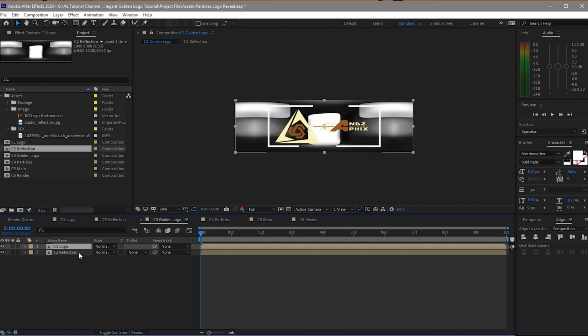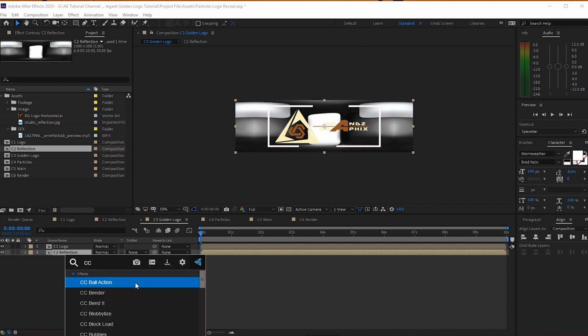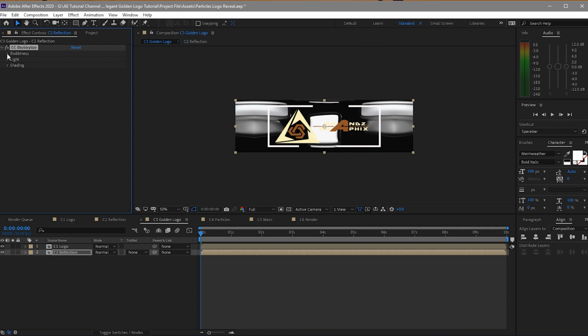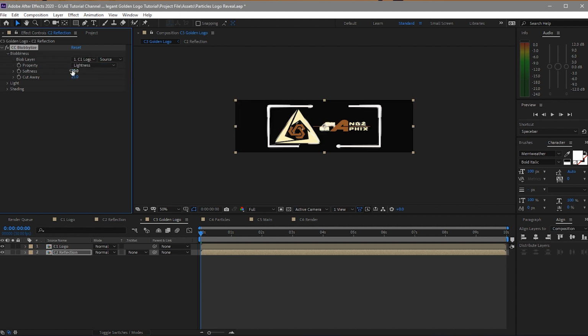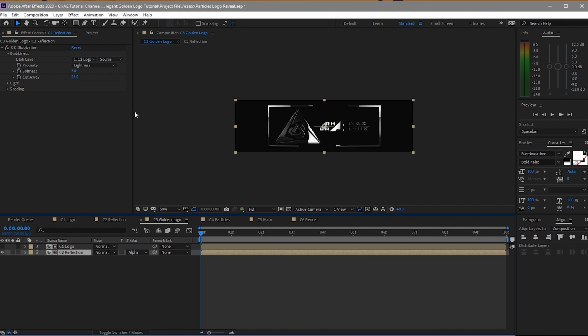So now all we have to do is to press Ctrl Space and find CC Glass, open blobbiness, and make it C1 logo, and then the softness will be 3, and let's see if it's alpha, what is the result, and then the cutaway will be 10,